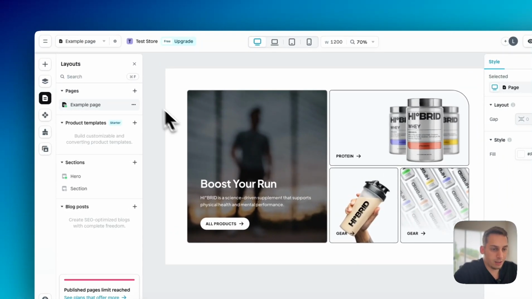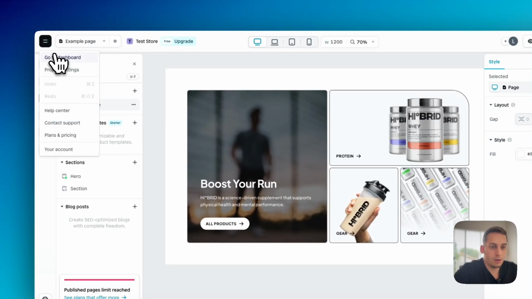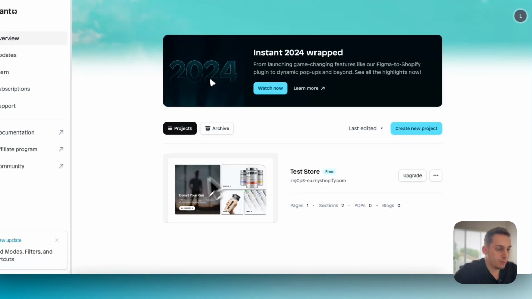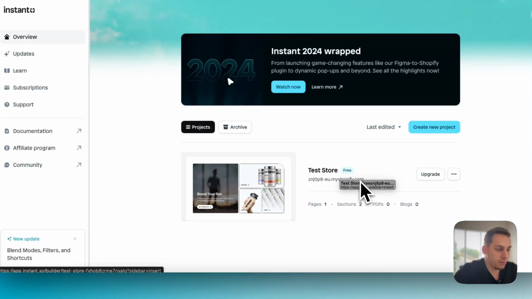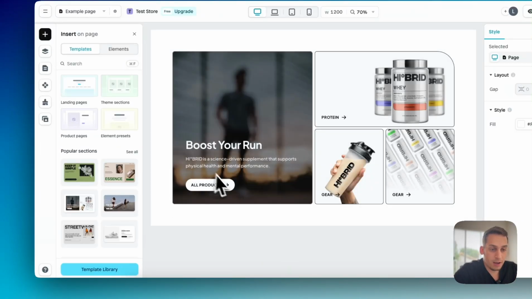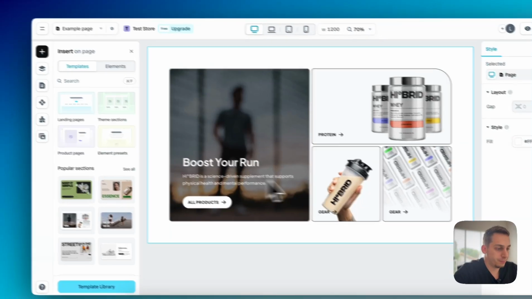And the Instant builder looks like this, just like I showed you before, but you can also go to your dashboard. And with the free plan, you can have one project that's connected to one shop. This is my test shop, for example. And you're allowed one page and one section. So